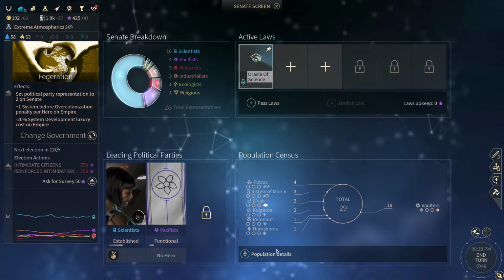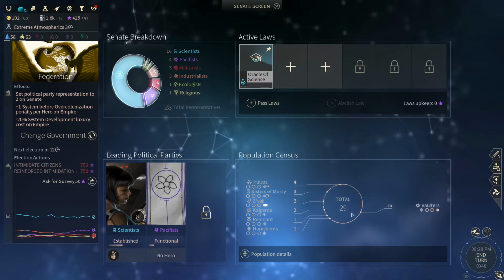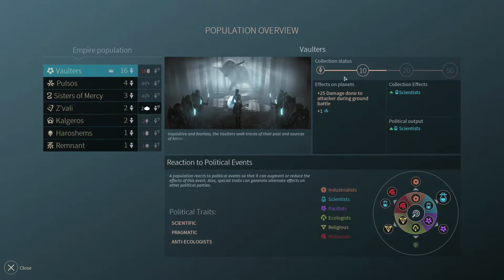And I want to come back here just a second and talk about the Vaulters and their political influence. You can see that Vaulters make up the large majority of our empire. We have a total of 29 population pips, and more than half of them, 16, are Vaulters. What that means is that a lot of the political influence that's going on is dealing with this wheel. And so whenever a political action happens, whenever anything happens really, depending on what faction it's related to, a drop will go in the bucket of that particular political ideology's